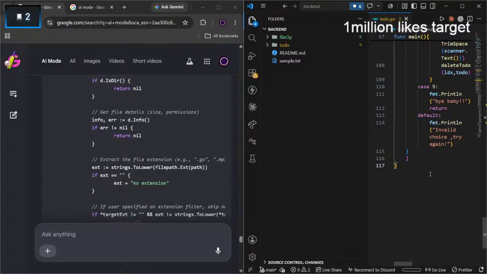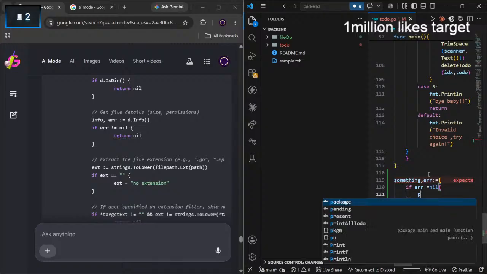Yeah, error handling is something like this, right? Something you want, and the error is going to be like this. If my error is not equal to nil, then we are going to handle it. Maybe I can do this with fmt.